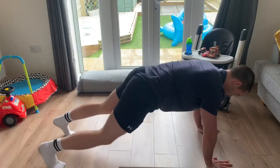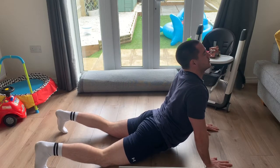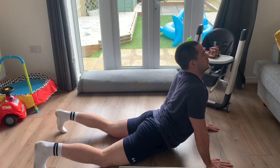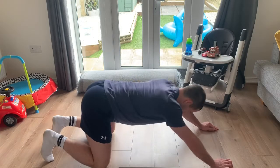Then go into a prayer stretch, guys, okay? So you're going to keep your arms straight, drive your hips towards the floor, stretch out your tummy, and we are going to try and relax into this position for quite some time. The stretch should all be coming from front of your pelvis, so around your hip flexors and around your lower abdomen. Once we've held that for a good 10 seconds or so,